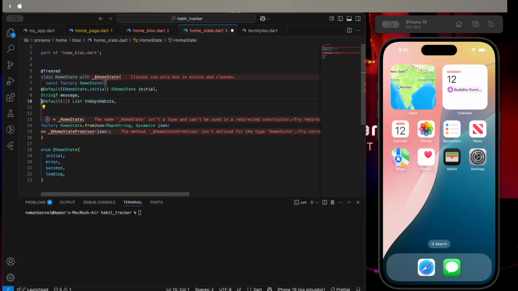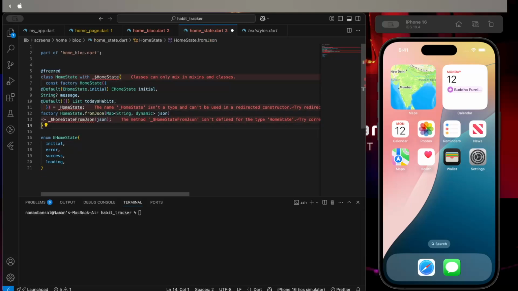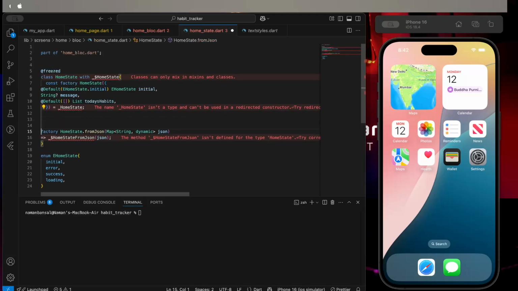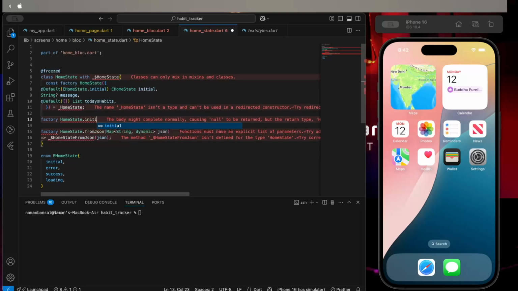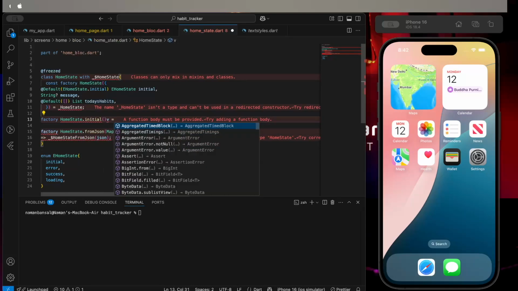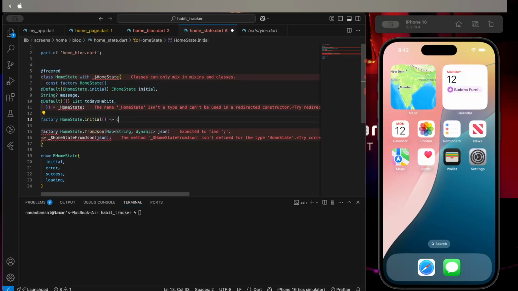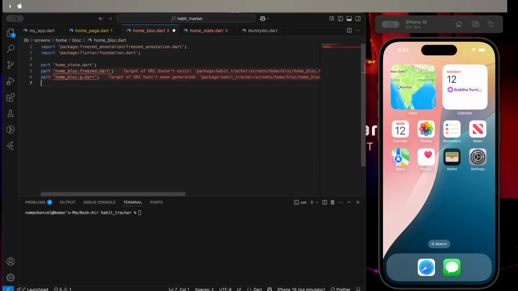Okay, and we are left with our factory homestate dot initial const homestate. Okay, and now I'll create here class home block